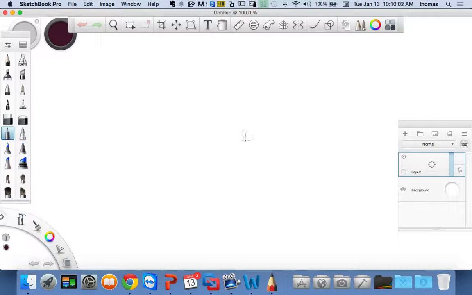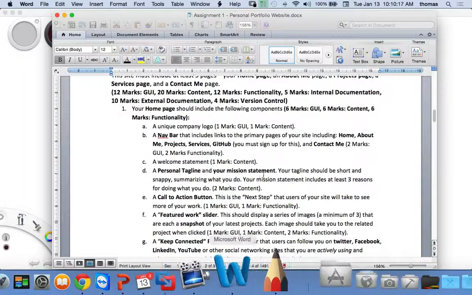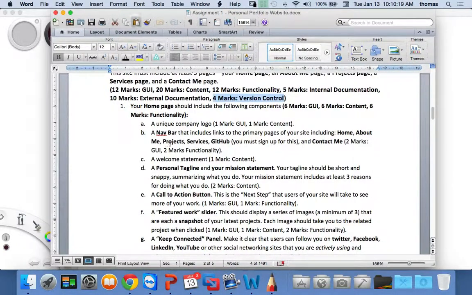So again, the design is important, right? And there's different tools that can help you do that. One of the tools that I want you to use, again, and you're going to talk about this, is creating a wireframe. And we're going to come back to this in a bit. For now, I'm just going to put it aside and go back to what I was talking about, right? So let's say, as an example,